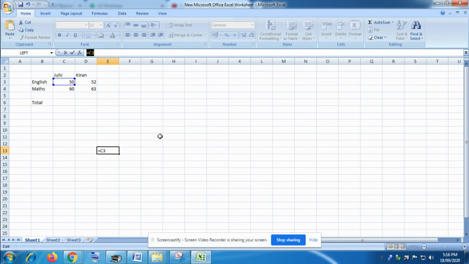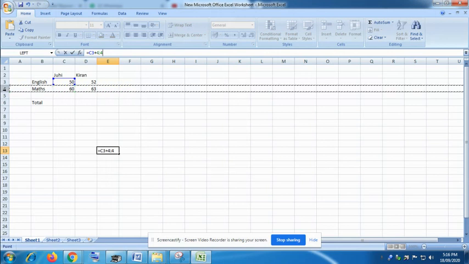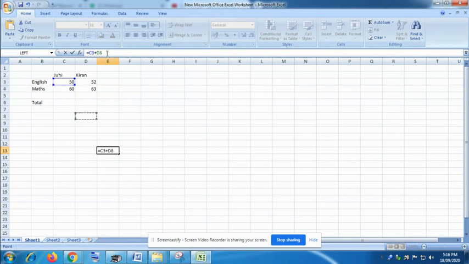That is column C, row 3, which is 50. Then I will type plus, and again click on this one, that is C4. Always click C and here 4. As I click on C4 and press Enter, you get the total sum, that is 110.